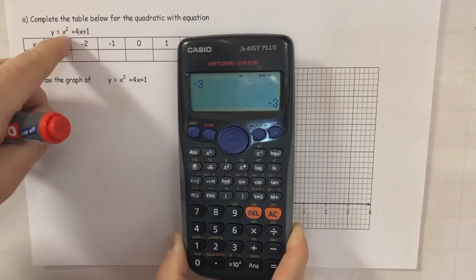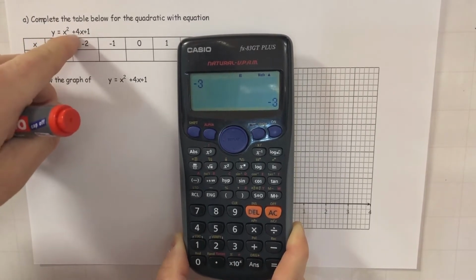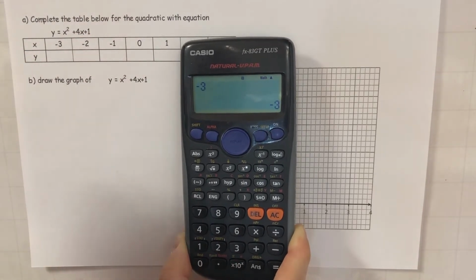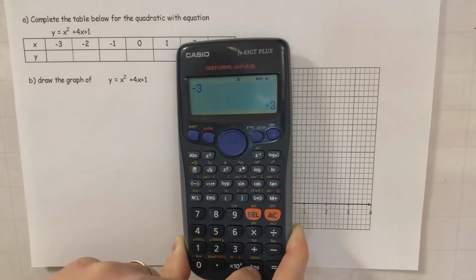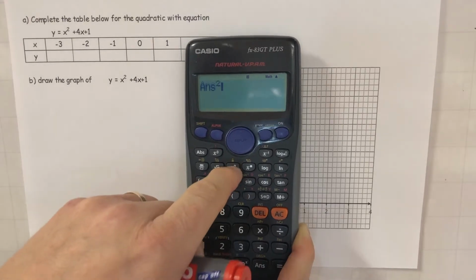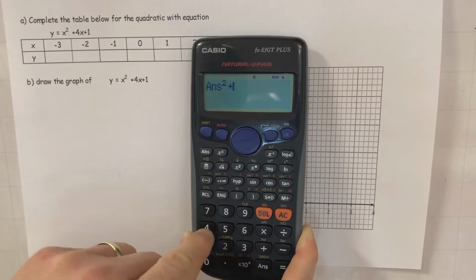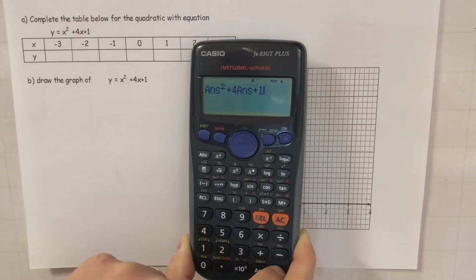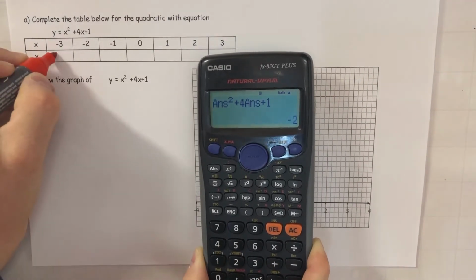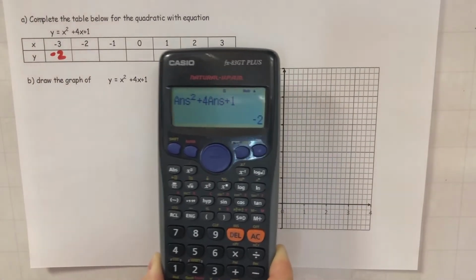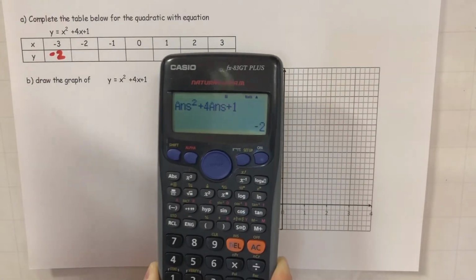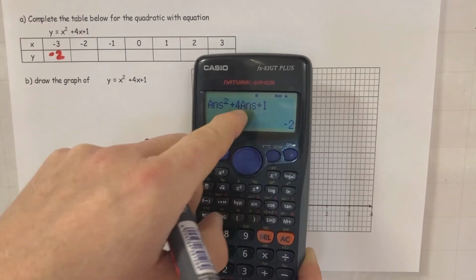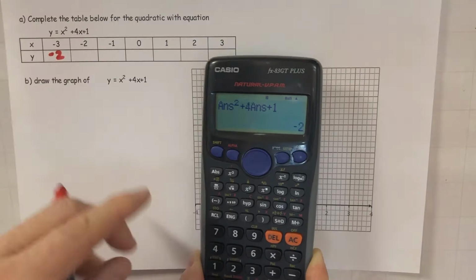If I now type in this equation, x squared plus 4x plus 1, but hit the answer button instead of the letter x, so x squared button plus 4x plus 1, when I press equals, that tells me that the first value is -2. And I repeat that. However, if I don't clear anything, I will now have to type that in again. I'll have to type in the x coordinate each time, so -2,